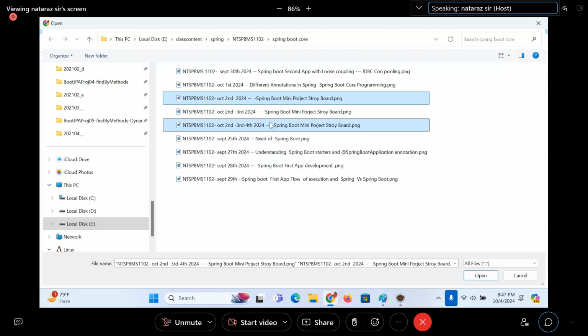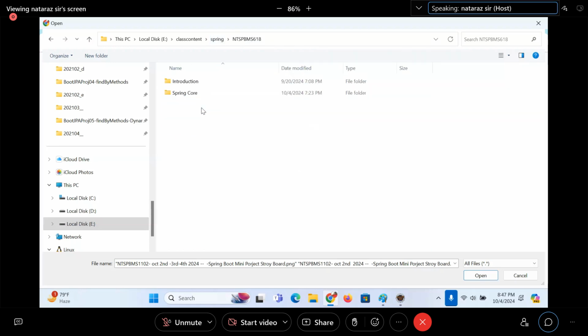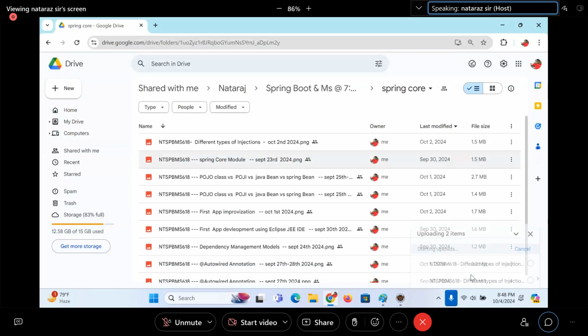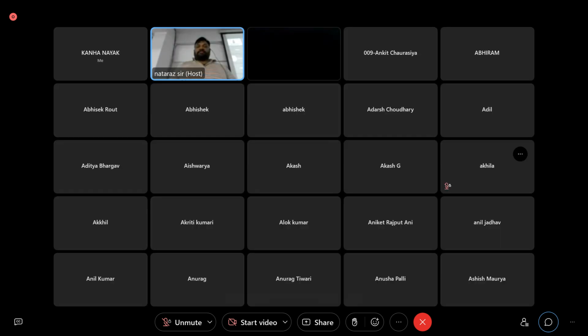What is today's document? We are in the wrong folder. What's our Go batch code? 618 Spring. Yeah, this is the 4th document. This is the 2nd document. The 2nd document also we did modifications. I'm going to replace the 2nd document file. Thank you, guys. Have a nice time.